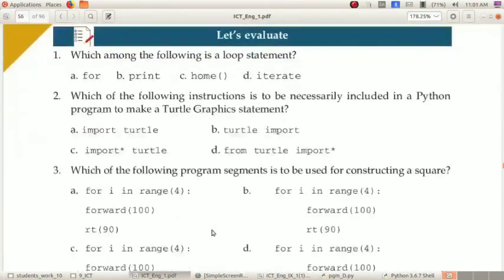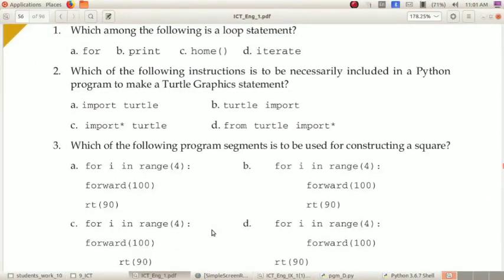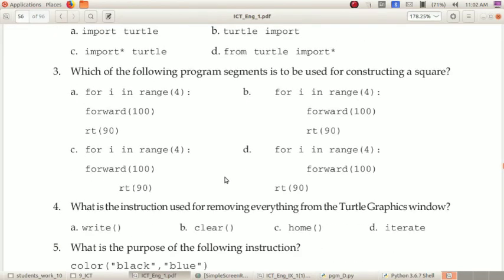Let's evaluate. First one is, which among the following is a loop statement? Yes, option A, for loop. Second one, which of the following instructions is to be necessarily included in a Python program to make a turtle graphic statement? Yes, option D, from turtle import star. Third one, which of the following program segments is to be used for constructing a square?